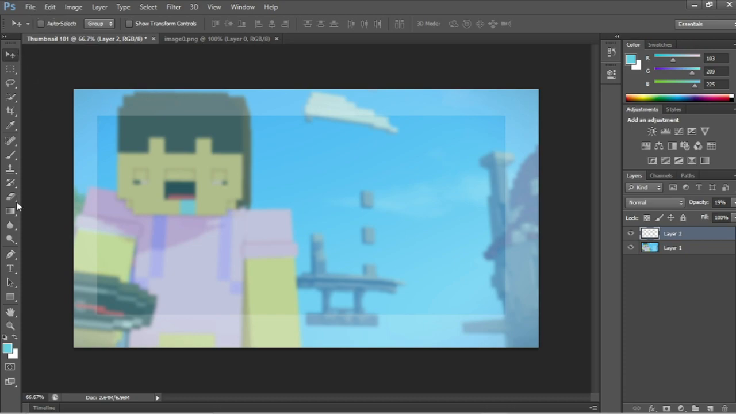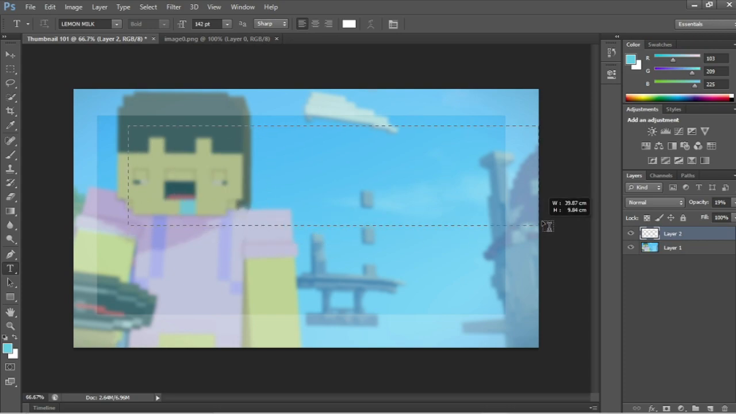And then what you're going to do, since there's already a Minecraft character, you want to go on the, I don't know how many down, but it's the text box which says T. And you just want to select a part. To be honest, I just make it really big because I don't know how big I want my text to be. So what I want my text to say is how to